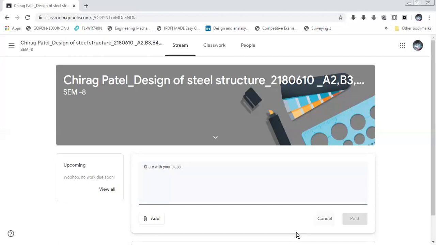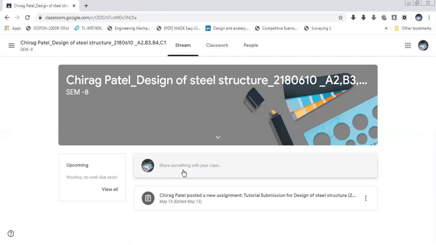So one thing to remember: whenever you upload your material or term work PDF file, always go to the assignment task in Google Classroom. In this task you have to submit your file, but don't share your file in this share row.